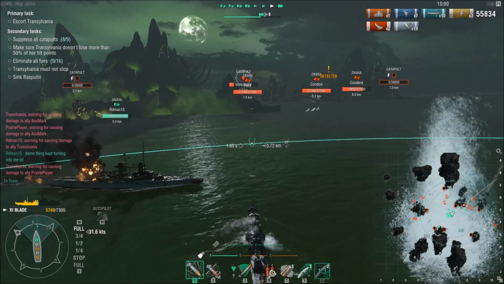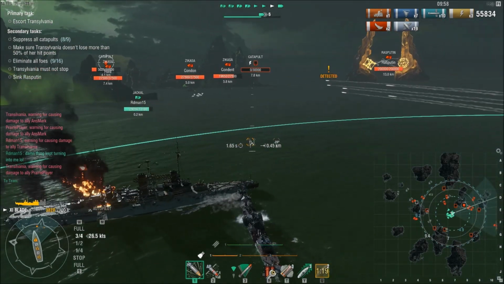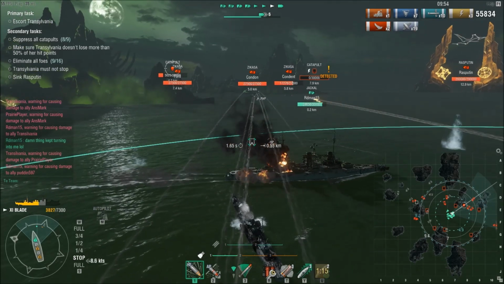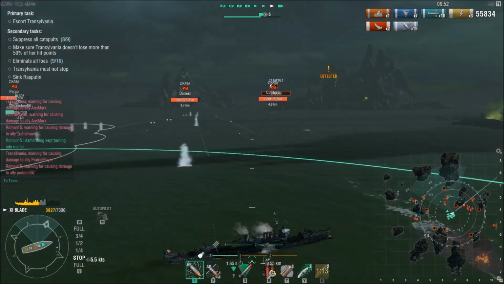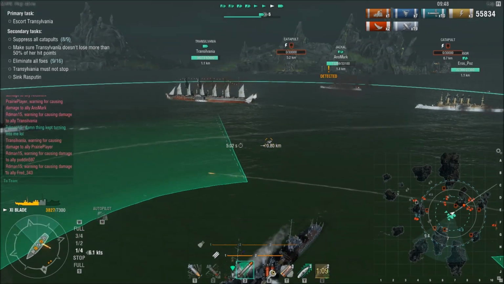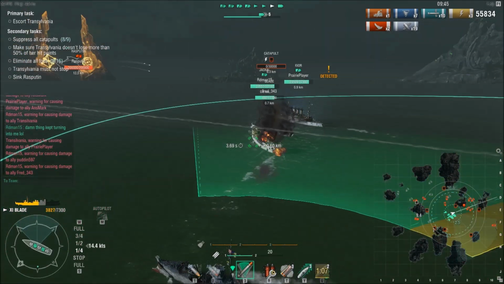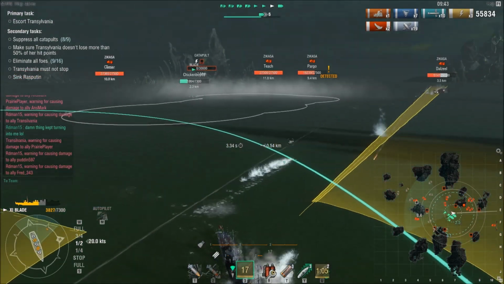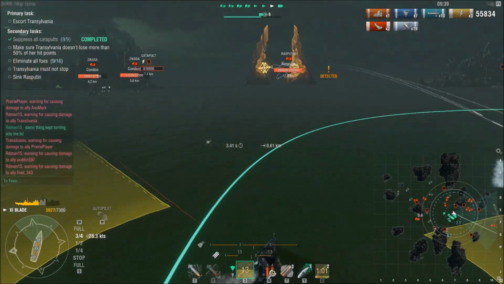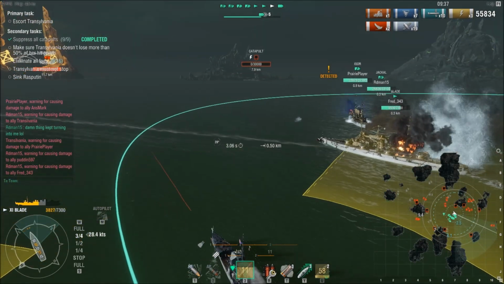Now, as you can see here, we're doing fairly well. I have a decent amount of health. Most of the friendly ships are doing extremely well as far as health, with the exception of just a couple of us, but we are still over half of our health. And at this point, I'm